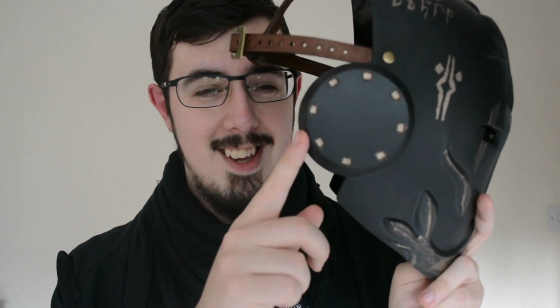One of the main reasons why I chose this helmet, because it's easily one of the more expensive Temple Guard masks out there, is because of these. A lot of the people that make Temple Guard masks forget the ear covers. They just have a hole, or it's just flat. It's just a weird flat mask, and some people just use stickers for these parts, which in the shows they are flat,